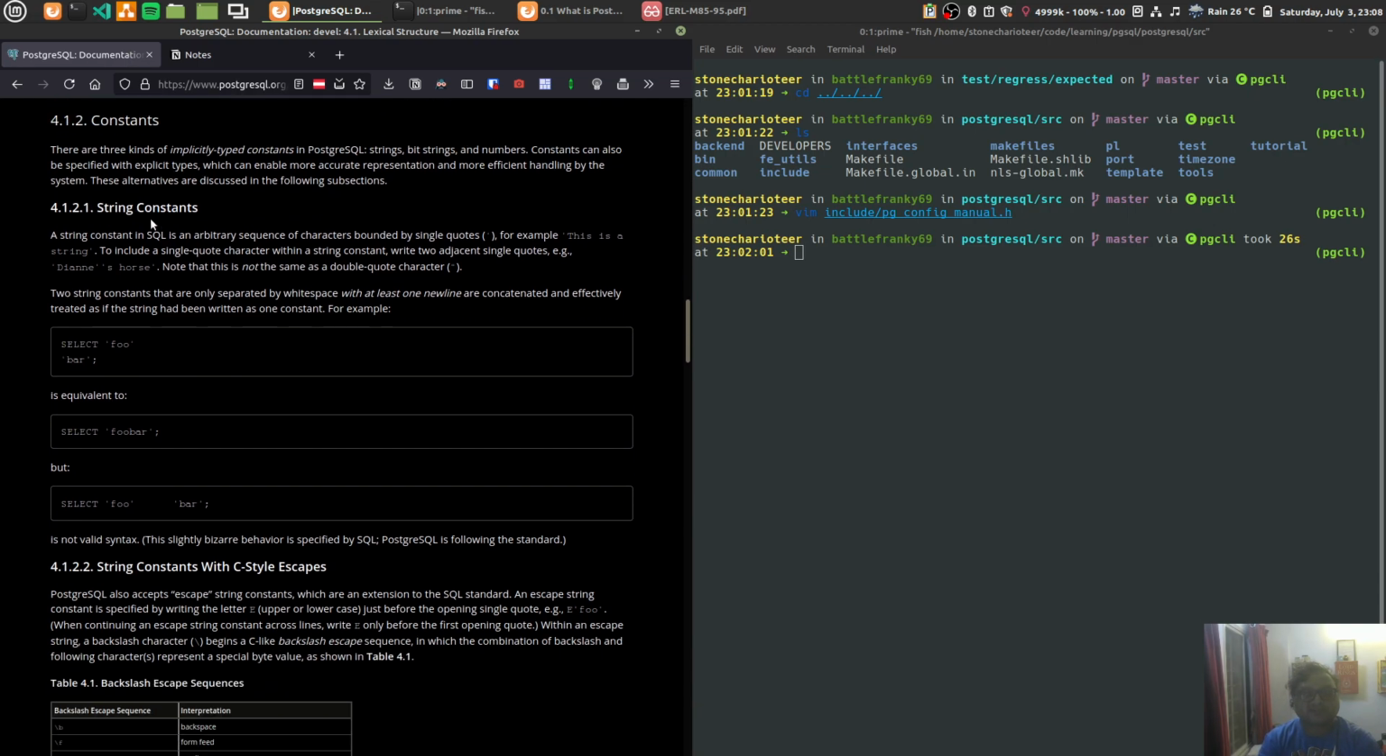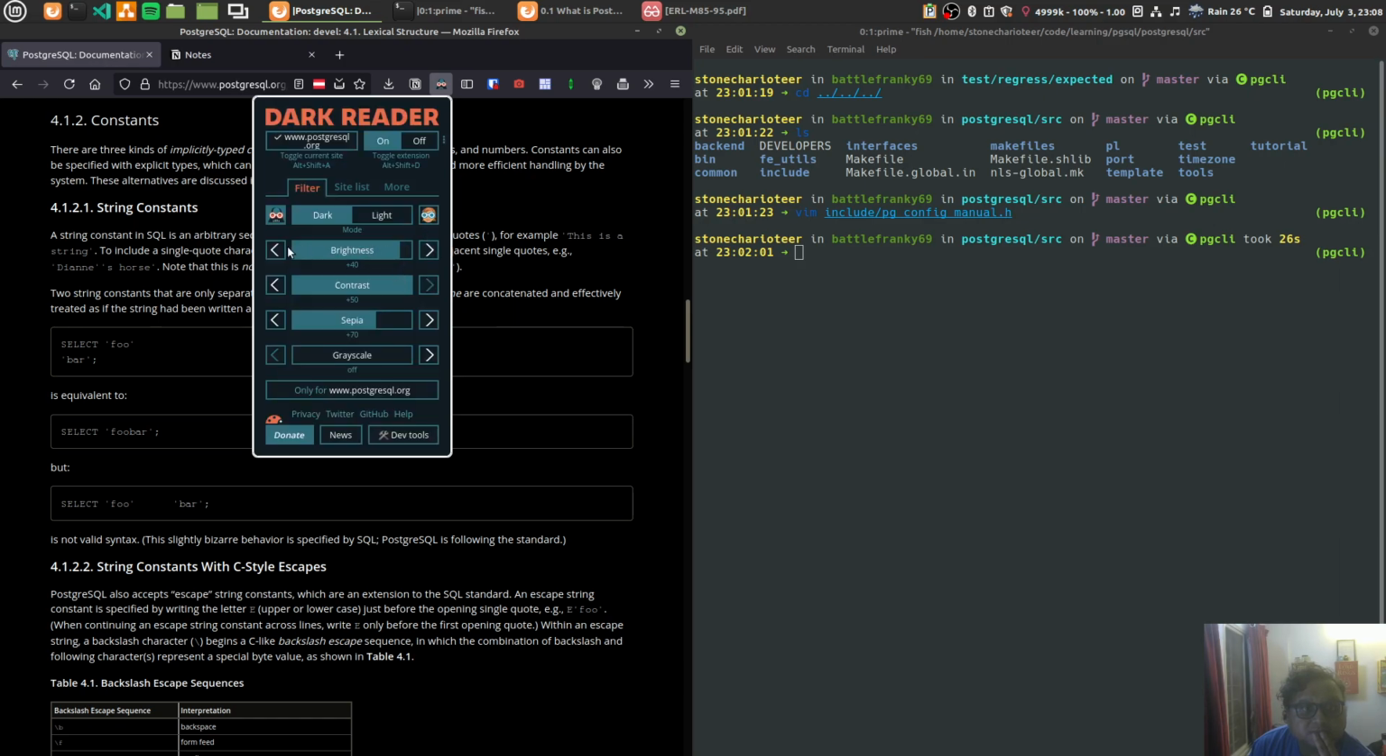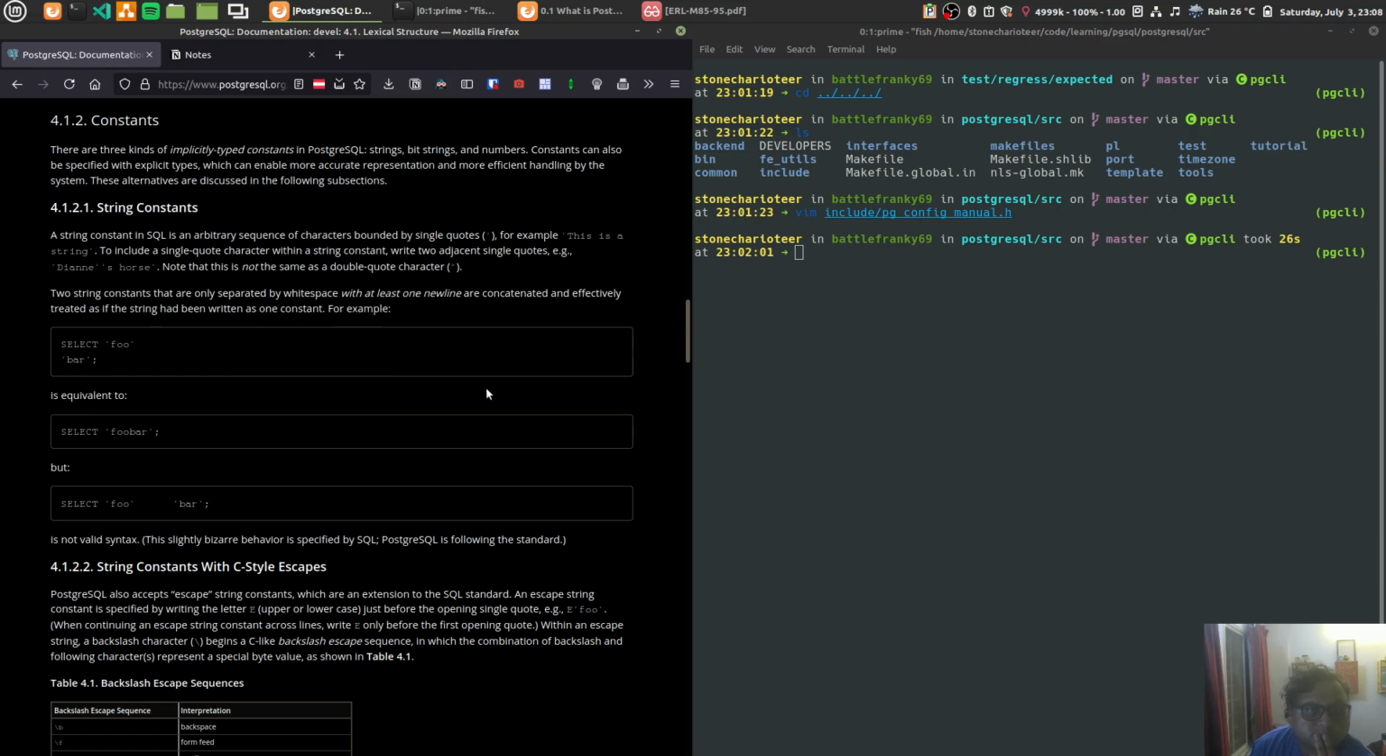Alright. String constants. A string constant in SQL is an arbitrary sequence of characters bounded by single quotes. For example, this is a string. Ouch, I dropped my bottle. To include a single quote character within a string constant, write two single quotes. For example,